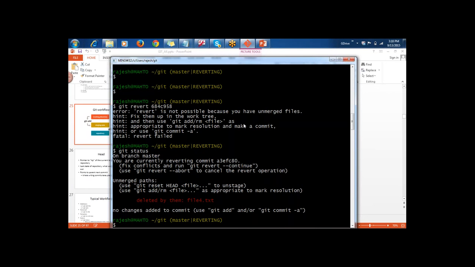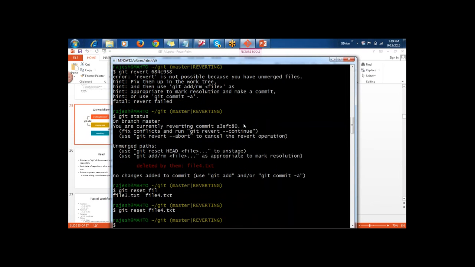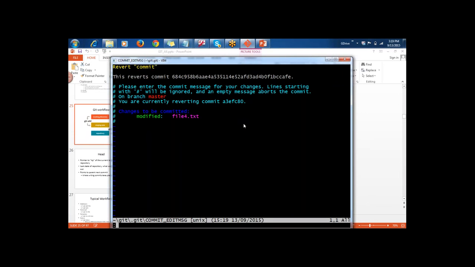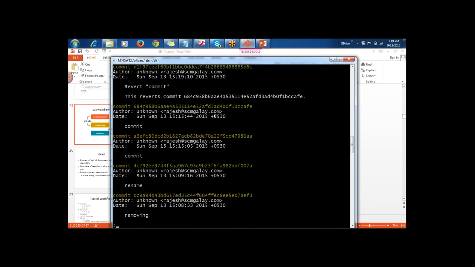Oh, I think I deleted that file. Okay, so let me reset this file. File 4. Yep. So now I just reverted it, and now if I do the git log, let me show you